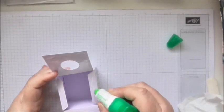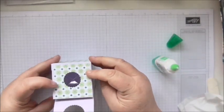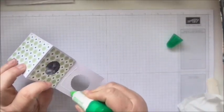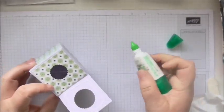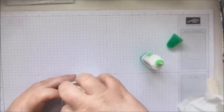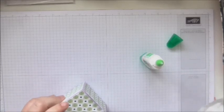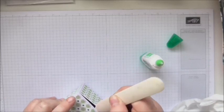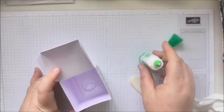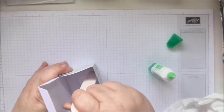So I'm just going to pop some glue on these sides and fold my piece with a smaller hole punched down first, and then put glue around all this layer and push it down. And then the best thing to do is to open your box up, because the lid's pushed in. So open your box up and then just use your bone folder and just give it all a nice squish down. Okay,